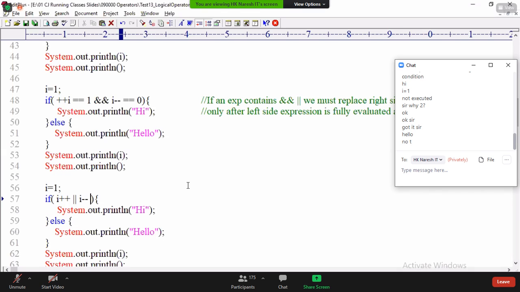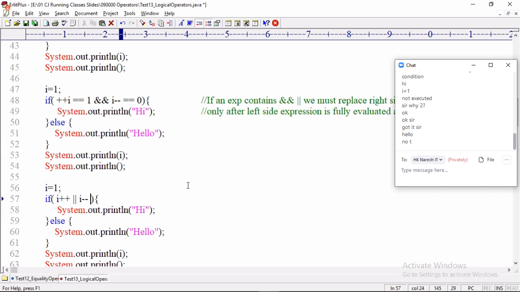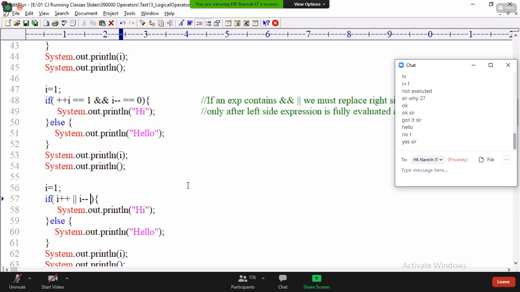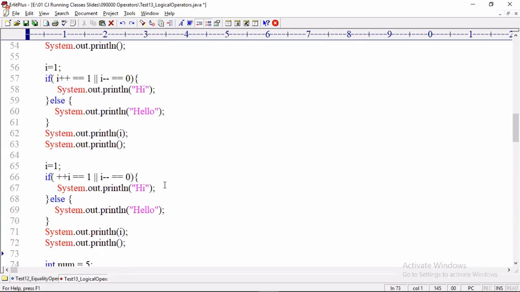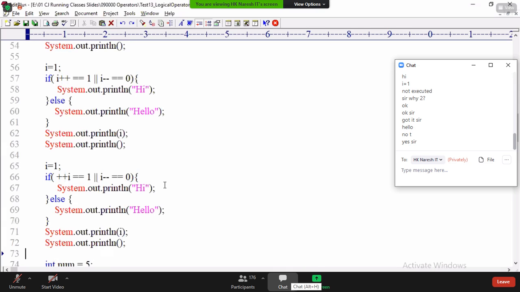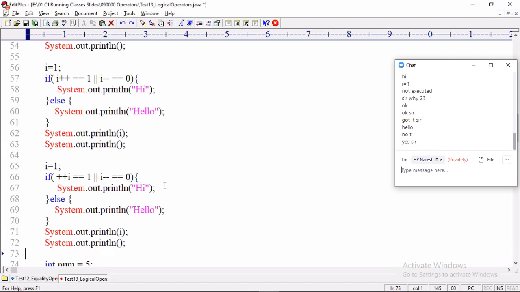Because with double ampersand and double pipe, the allowed operands are Boolean only. So these are not allowed. Are you catching my point? If you want to prepare an expression, what type of operands, what type of operators are allowed? The expressions we prepare before and after the && and || must be Boolean value